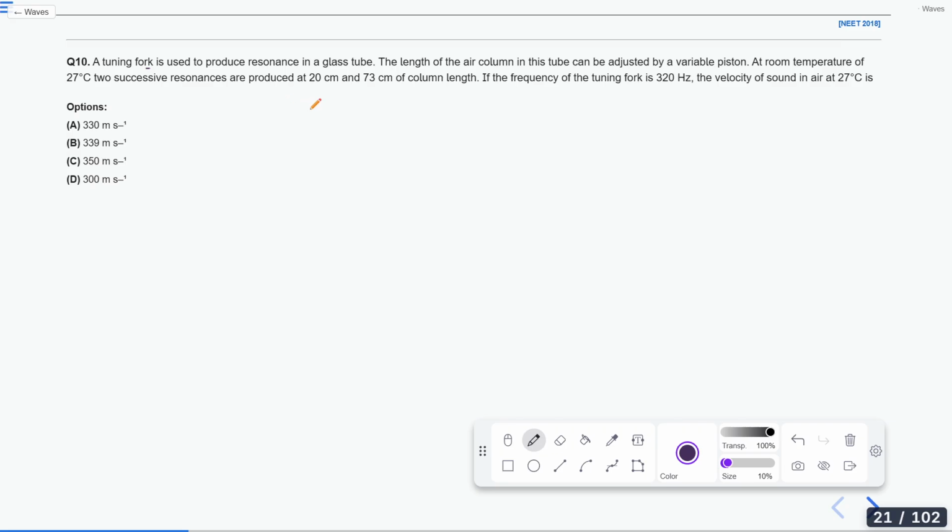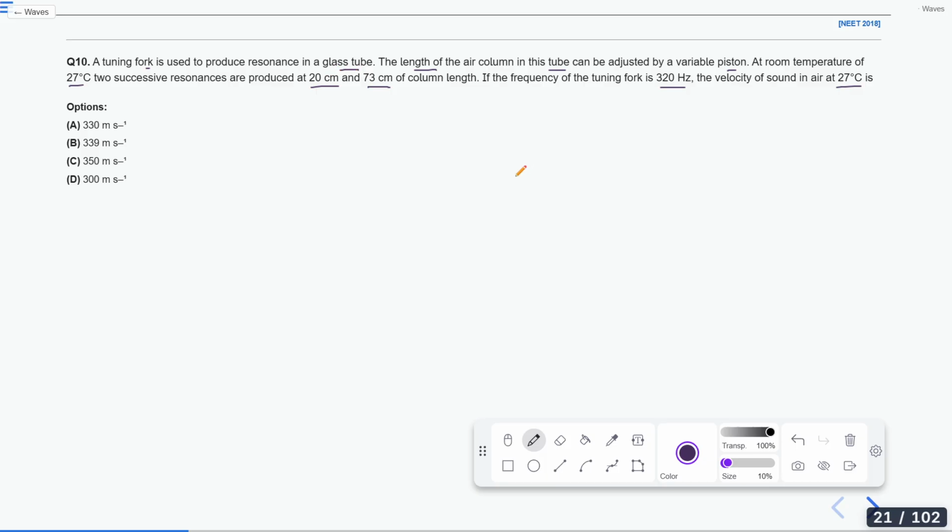So a tuning fork is used to produce resonance in a glass tube. The length of the air column in this tube can be adjusted by a variable piston at room temperature of 27 degrees Celsius. Two successive resonances are produced at 20 centimeter and 73 centimeter of the column length. If the frequency of the tuning fork is 320 Hz, then the velocity of sound in air at 27 degrees Celsius is? So what they are saying, a tuning fork is used to produce a resonance